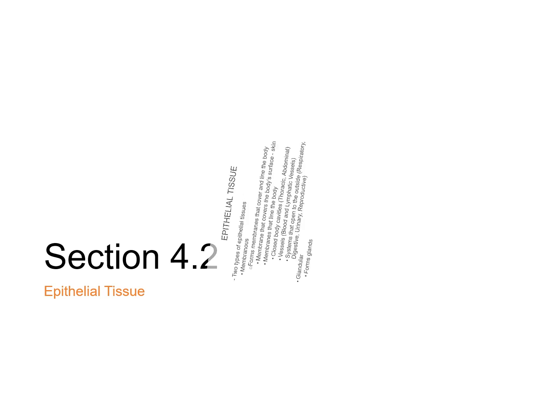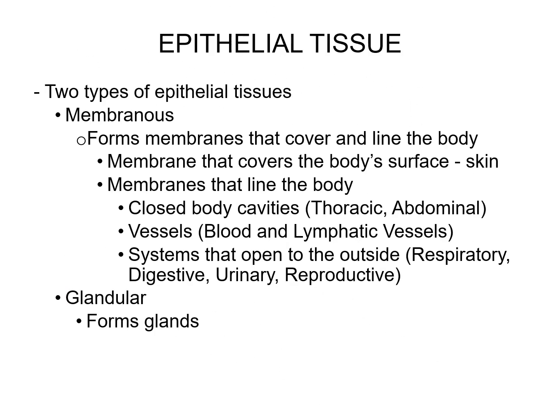All right, so this section is just for epithelial tissue. So remember, 4 primary types: epithelial, connective, muscle, and nervous. For the next several slides, we're going to introduce 6, 7 different types of, well, actually maybe 8 different types of epithelial tissue. They all fall under this category. So as I mentioned, we're going to learn about 6, 7, 8 different types of epithelial tissue, specific types of tissue. But before we do that, we can kind of group this into 2 generic categories,